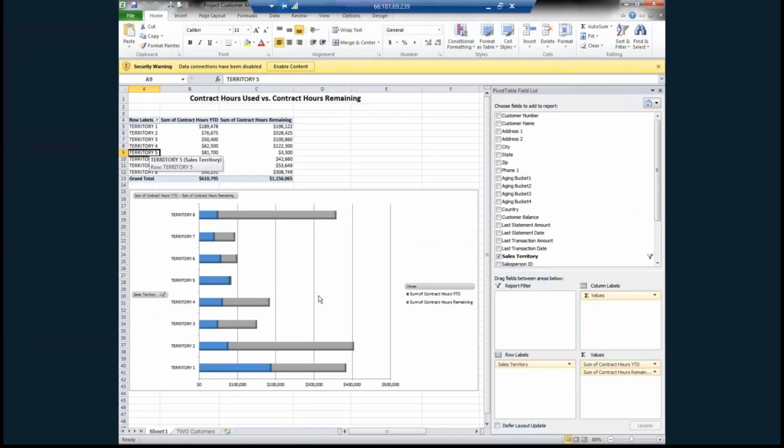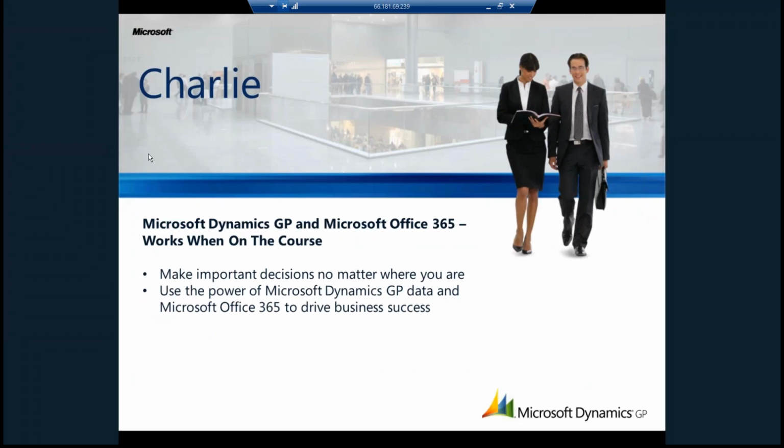And all that Phyllis had to do was actually put it to SharePoint and then email it directly to Julia. So then Julia can look at this report, she can evaluate it, she can look at Territory 5, and at this point she may actually have a rep in Territory 5 that can analyze the fact that maybe the hours are out of whack and it needs a little bit of work to get all of this updated, or maybe find out a solution to make sure that they are able to take care of the problem with